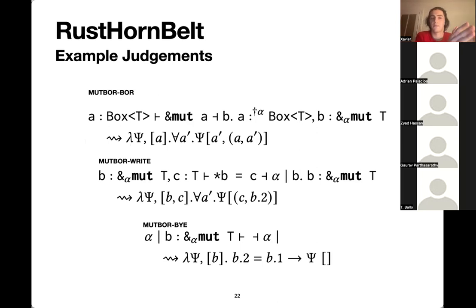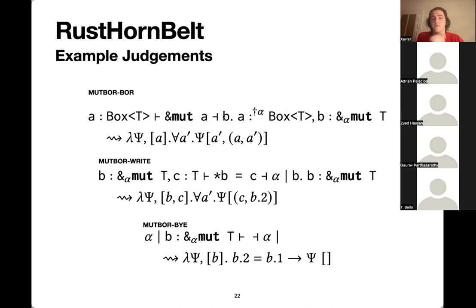Given a post condition and given A at the start, this is the little brackets A, we're going to apply to the post condition A prime, which is our prophecy for the borrow, and the pair. What we're doing here is mapping: the post condition is going to take as inputs the values of the output context. So it's going to take something that represents the A here, something that represents the borrow B here.